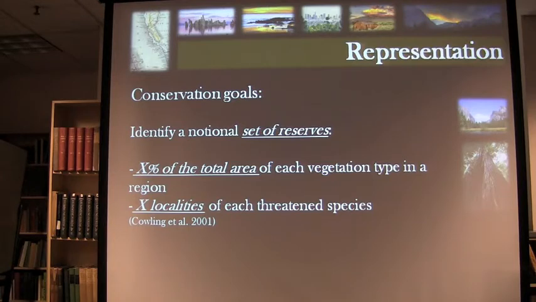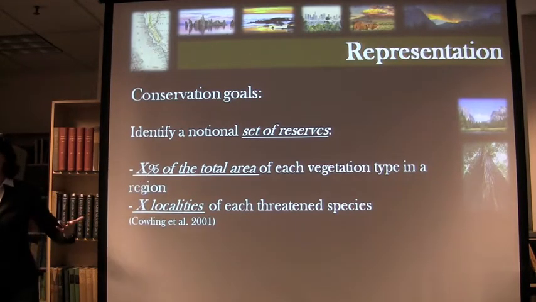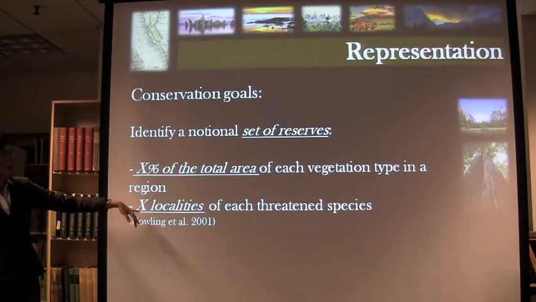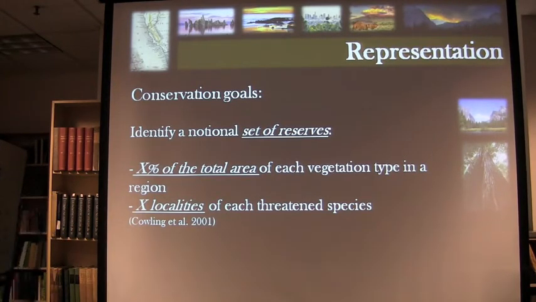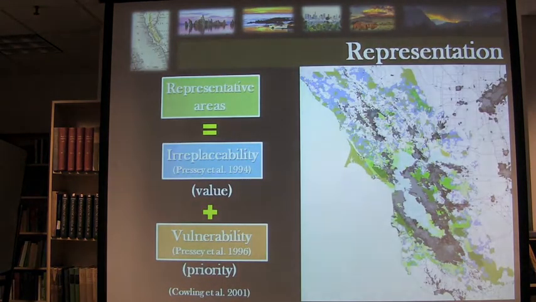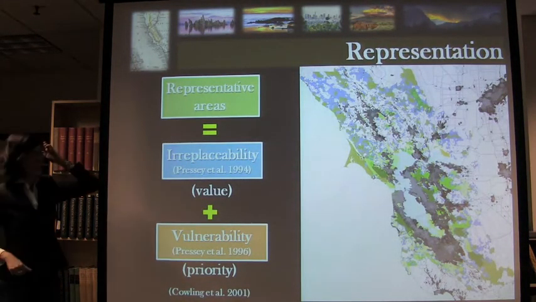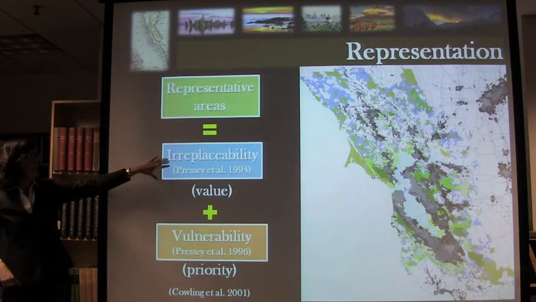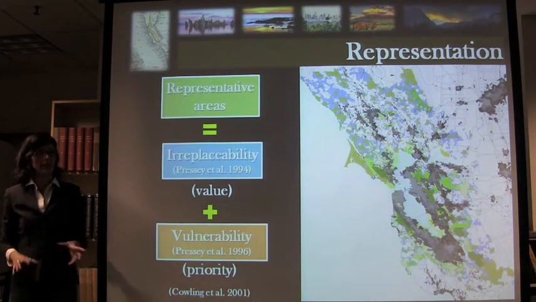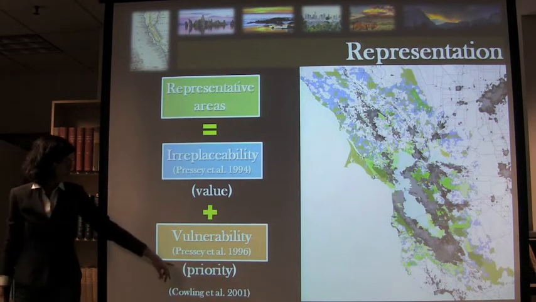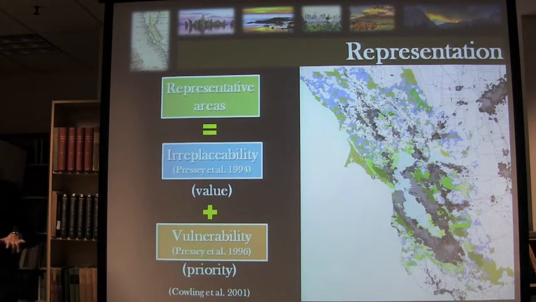So you know you want to create a set of reserves that could represent a given percent of the area of a given vegetation type, if that's your conservation goal, or of a population of a threatened species. Could be climate, could be ecosystem services. How do you decide where to place these areas? Representation, as defined in the literature, is basically a function of the value of that land in terms of your conservation goal, and also the priority, in terms of how pressured this land is to stay the same or to change. And so, in order to